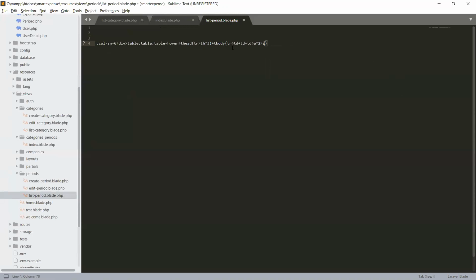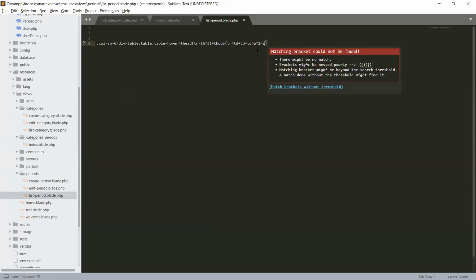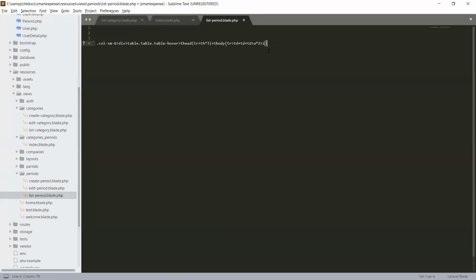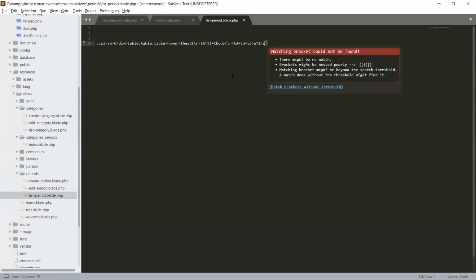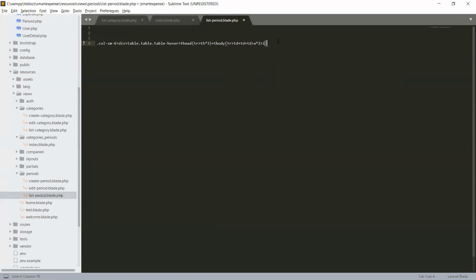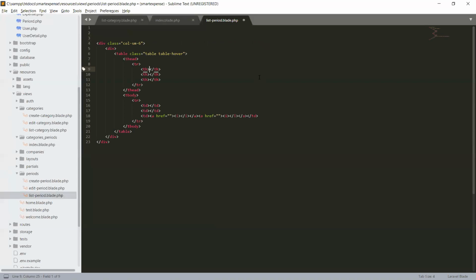In table body we require a table row with table data, 2 table data, 1 table data plus second table data plus third table data. In the third table data we require 2 anchor tags, so we will multiply by 2, and the two for Font Awesome edit and delete a trash, so we will use this one. Okay, hit tab, so the layout will be created for